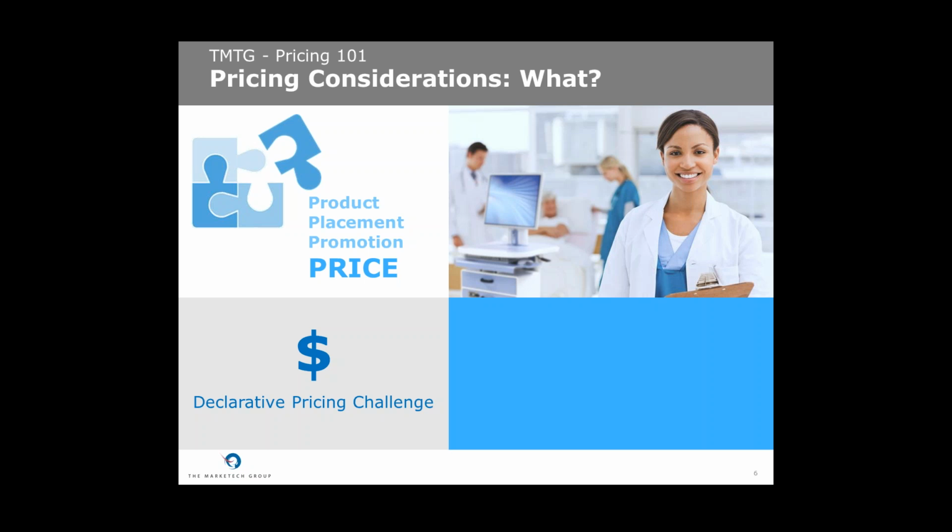Some of the other problems with declarative pricing are the negotiation bias that people will have if you ask them simply, particularly your customers, how much would you pay for this? They get into a sense of initiating a negotiation, and they will tend to report to you a lower price than they would actually be willing to pay. Another big problem is